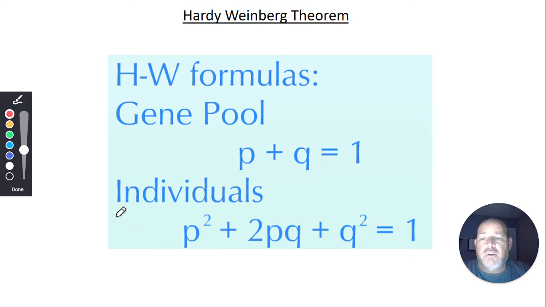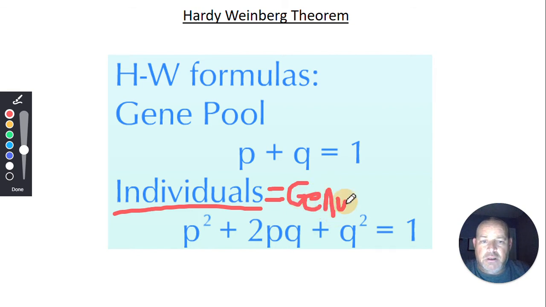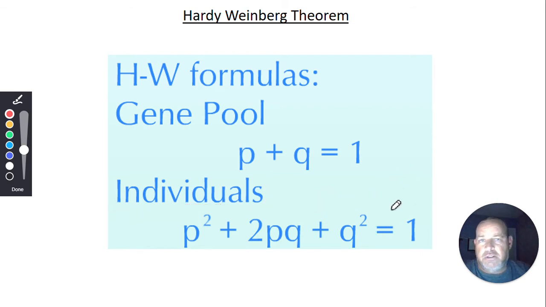Okay, if you go down here, this says individuals. Individuals can mean a couple different things. This might mean genotype, which would be things like big T, little t. Two pairs of letters. And here there's two letters, right? But genotype, big T, little t, heterozygous, doesn't matter. But there's two of them. So all of these include two letters. So anytime you see genotype